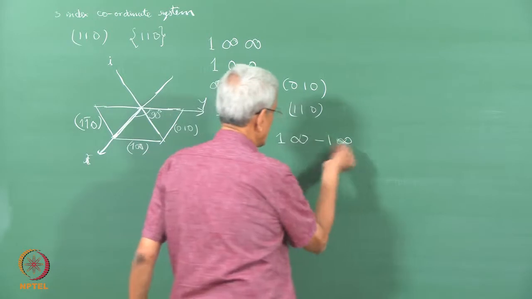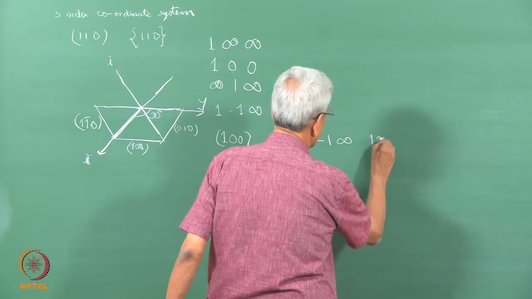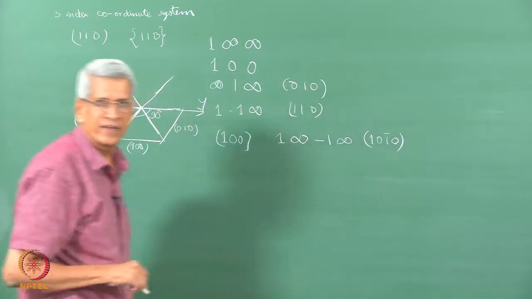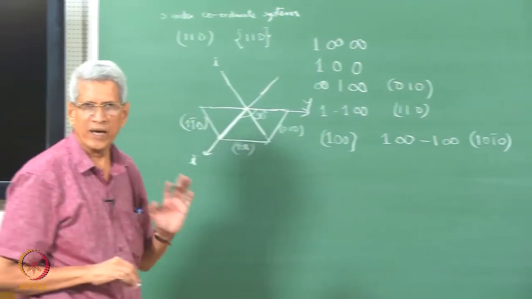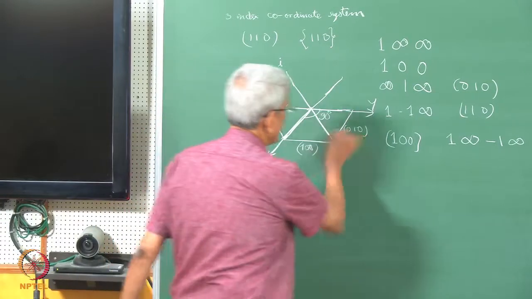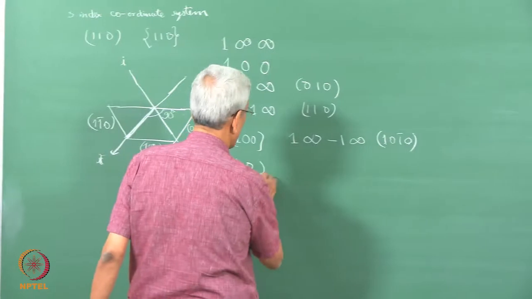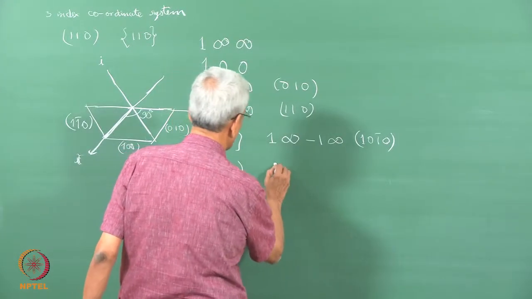Now, if we look at it, take the inverse of it, this will turn out to be 1 0 1 bar 0, correct. It is straightforward. Similarly, if we take with respect to 0 1 0, then this will turn out to be,